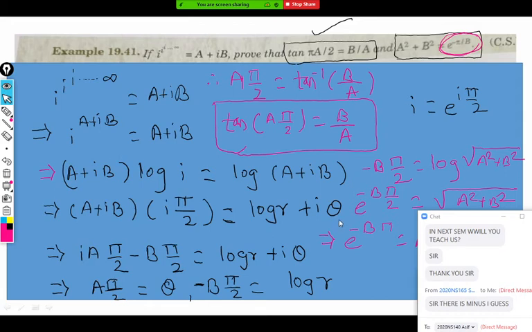Sir, the other side, log r plus i theta. I theta, how, sir? This is a formula of log z. I gave it at the beginning only. Two formulas: log z is log r plus i theta, and capital Log z is log r plus i theta plus 2k pi. So I already told you two formulas you have to remember. And why are we writing this way? Because a and b are unknown. If it is particular, suppose 1 plus iota is given, we can calculate it and directly replace also. Or you can directly write log of root of a square plus b square plus i times tan inverse of b upon a. You can write it directly here also if you have the problem. Okay, so I will move to the next question then.